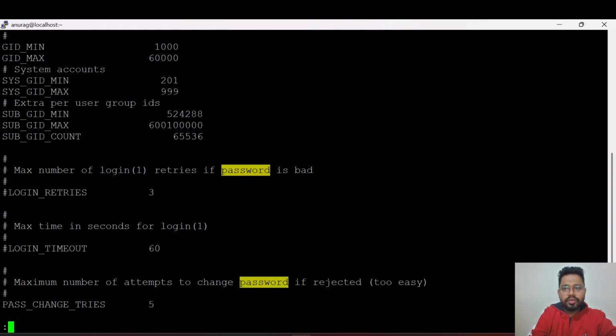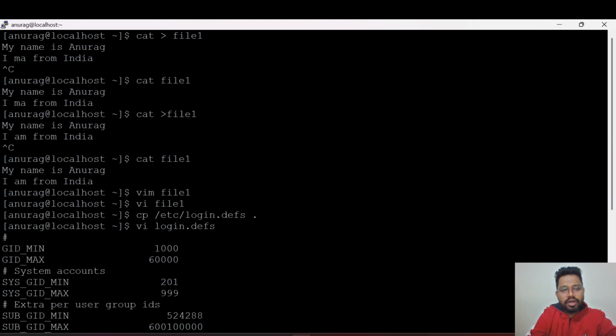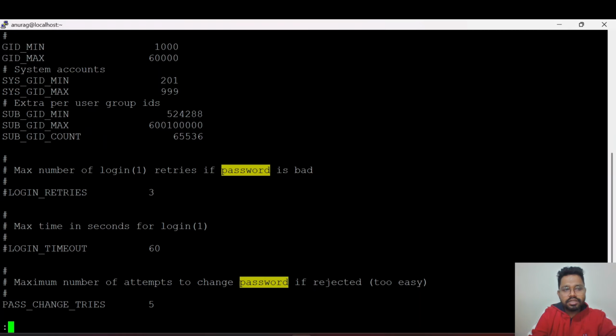Also, if you are working on a script and you executed the script and in the error you saw that in a particular line there is a fault, or you have missed something, or you have given a wrong command. So when you get an error and it points to a particular line, it will be very difficult to find the line number just like that. If you want to count it manually, it will be pretty difficult. Also, there are chances of error. So if you type colon set nu,